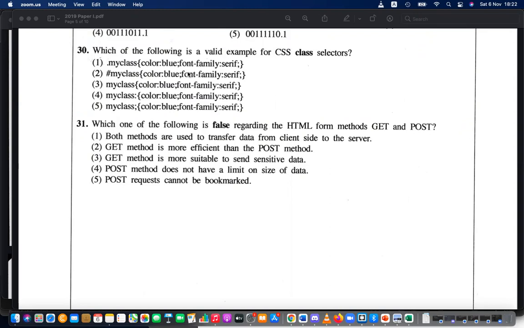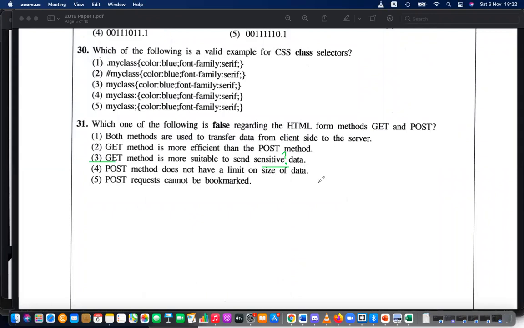So sensitive data is being sent through the URL. If you send sensitive data in the URL, anyone can see the URL and find that sensitive data. That is not good. Sending sensitive data through a URL is not recommended. What's recommended is sending data secretly. Sensitive data has to be sent secretly using a POST request.